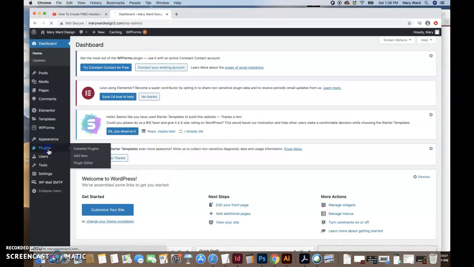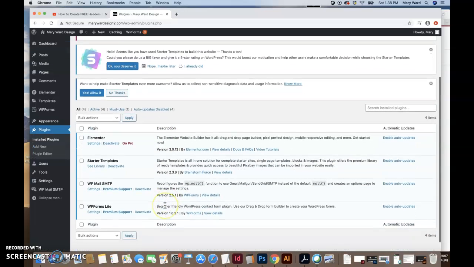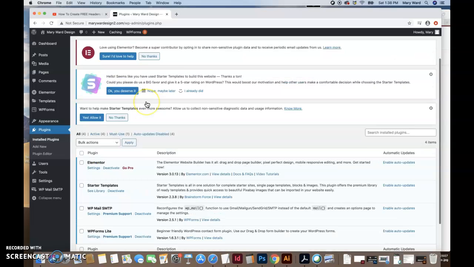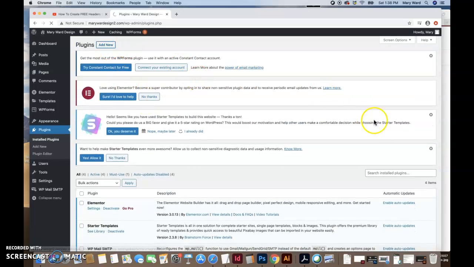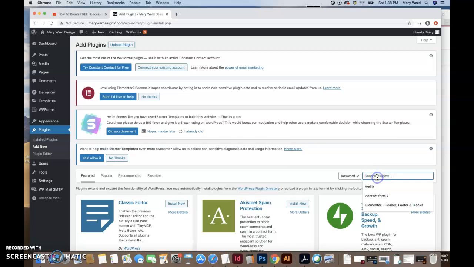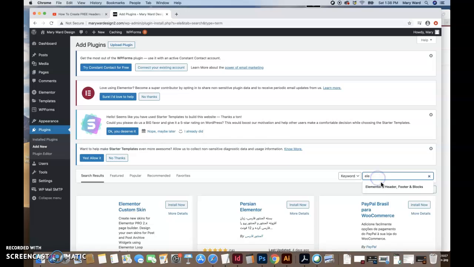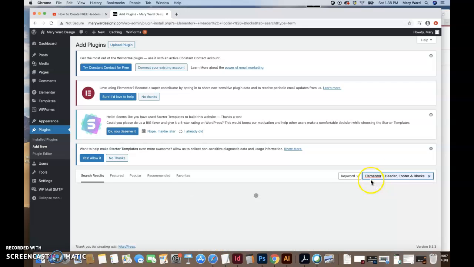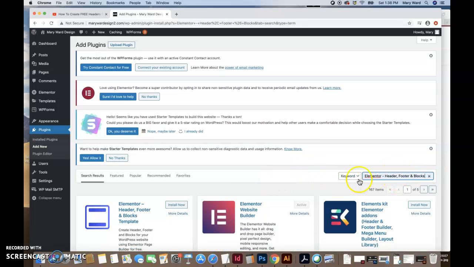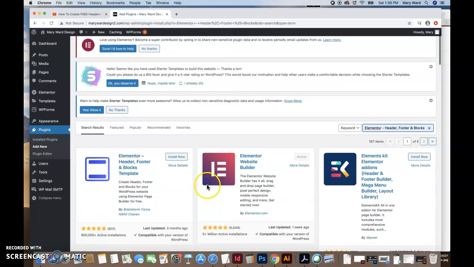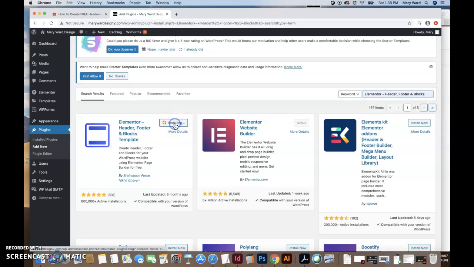Okay, so let's go into plugins. You might already have a plugin in here called like Elementor Header Footer. If you do, just activate it. I'm actually going to just add it in because I deleted it to show you how to add in the plugin. Elementor Header Footer and Blocks is what I'll search for. But this might already be in your plugins section. It might just be deactivated, so you might just have to activate it, but I'll install now